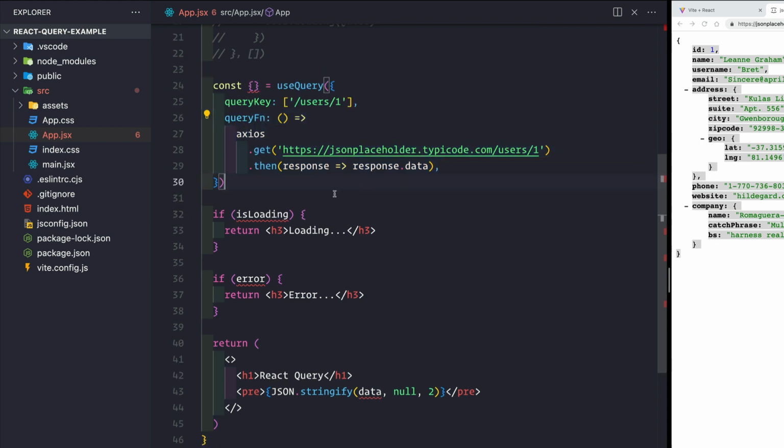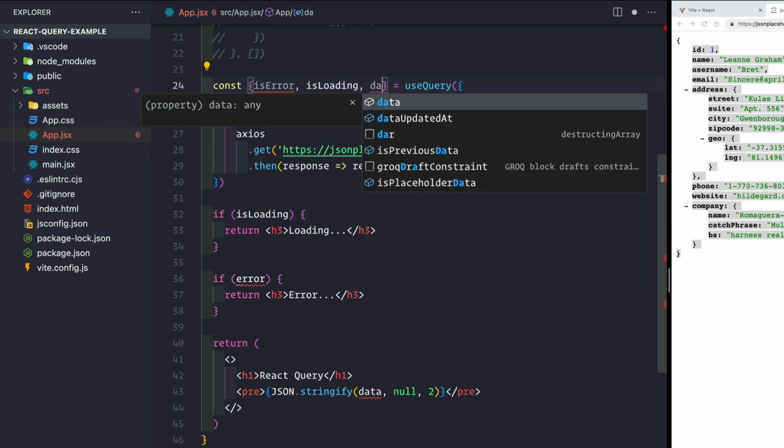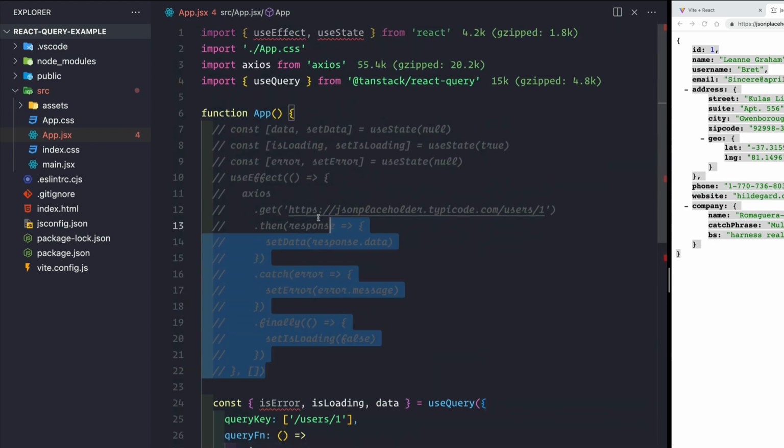So let me save this here. And now this useQuery hook returns us a couple of things. Firstly, it returns isError, that is whether this query failed. We have a loading state, that is whether this query is in loading state, and then we also have the data here. So now we see that either we can do all this by using these many lines of code,